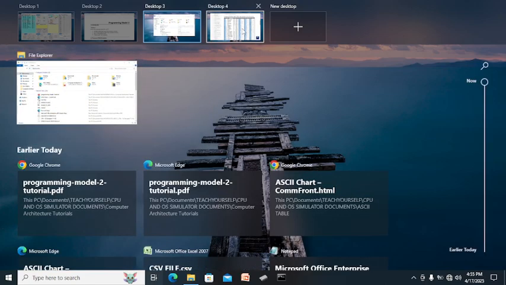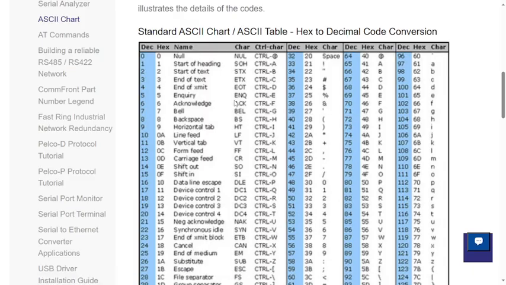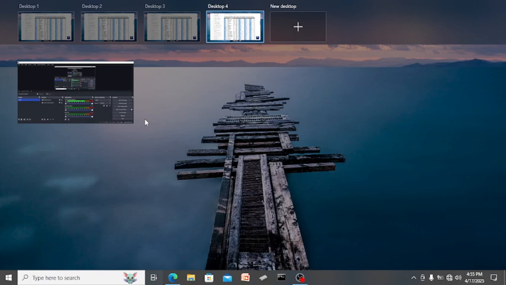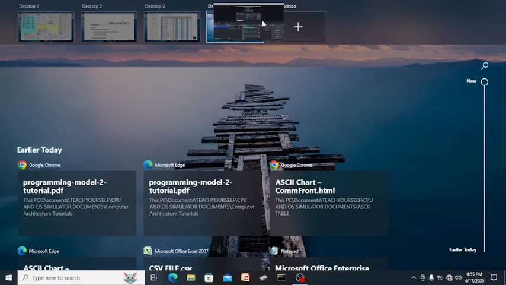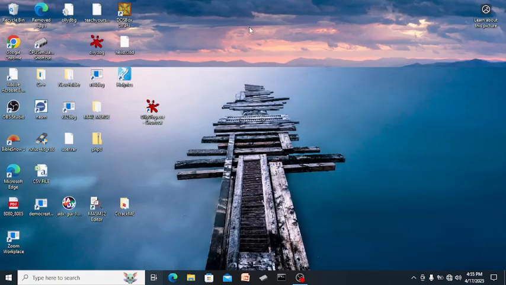Okay, so this one is not there. I don't know why it should be on this area, and this one should be here. It's okay.